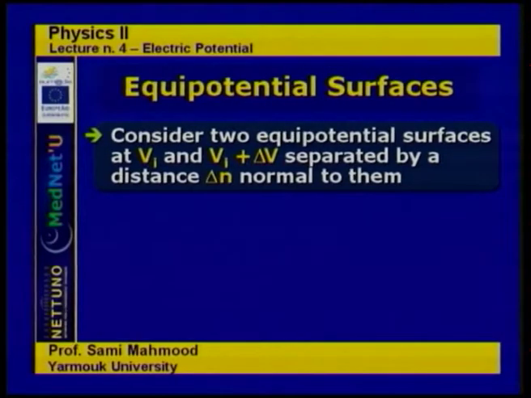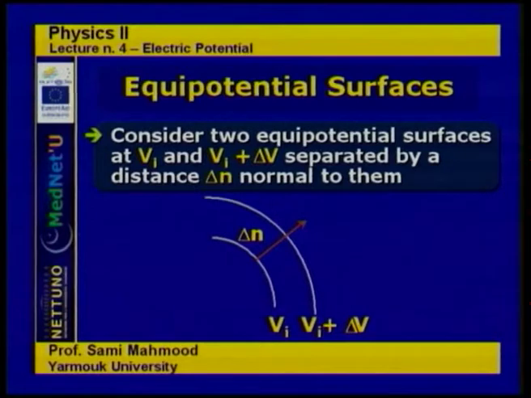The first one is at potential Vi, and the second one is at potential Vi plus delta V, where delta V is the difference in potential between these two successive surfaces. If these two surfaces are separated by a distance delta n, and this distance is normal to the two surfaces, because that's simply the normal distance between them,